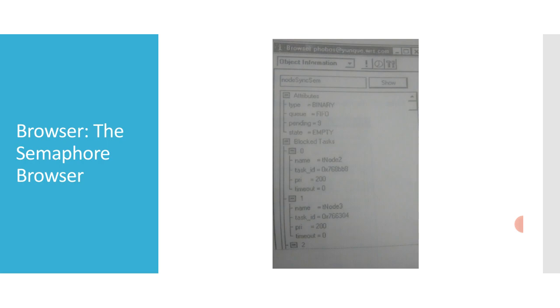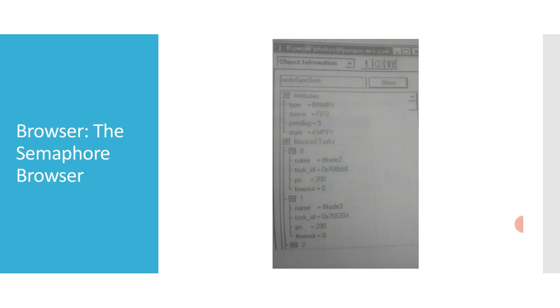Similarly, the browser adapts to shared memory semaphores. So you can see here attributes and then blocked and then POSIX. So name, task ID, priority and timeout, all this stuff. Attributes like binary or FIFO, what sort of queue it is, FIFO here, and pending is 9 and